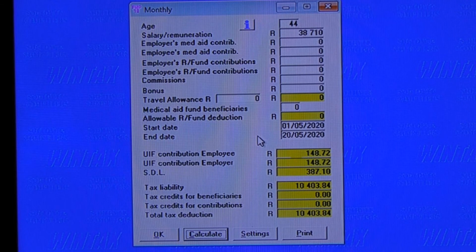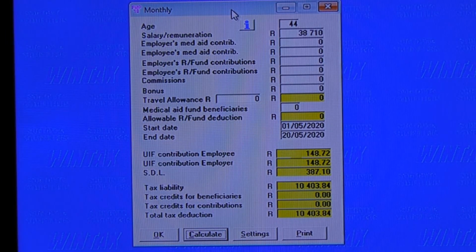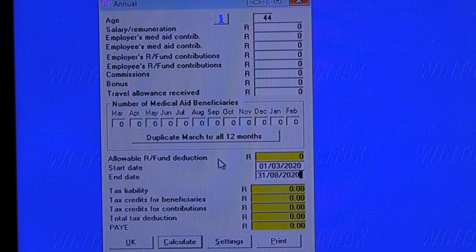In the program, you only have to enter the salary paid for the period worked and the dates for the period worked, and the program works everything else out for you: SDL, UIF, and pay-as-you-earn. The program has calculator screens for employees paid daily, weekly, fortnightly, and monthly. Looking at the annual screen,